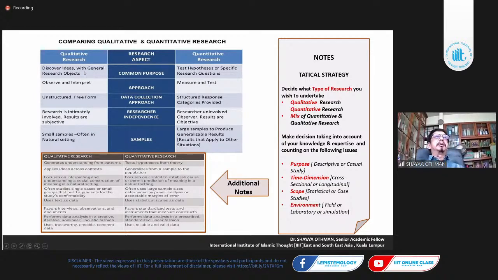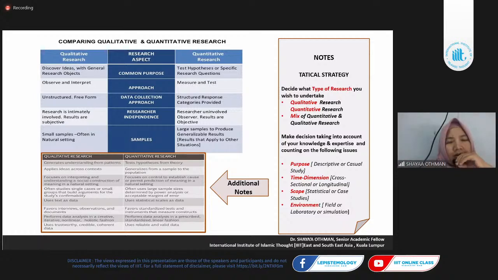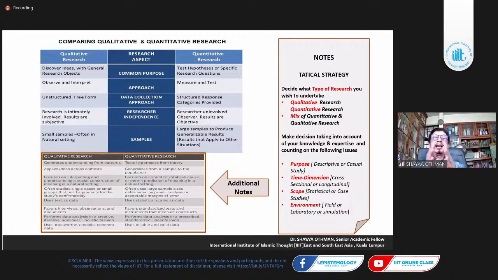For example, you want to see the ideas of Hamka. You know Hamka, isn't it? Professor Hamka, Dr. Hamka. You read the books written by Hamka. You want to see the ideas. Is there any change when he was under a certain situation, a certain political environment, before that, during the environment, and after that? You want to see the pattern of change. You just select his books from all that time. You don't have to do probability sampling.